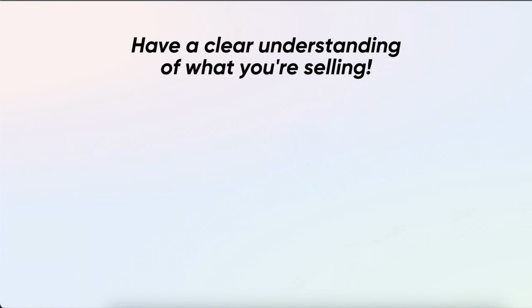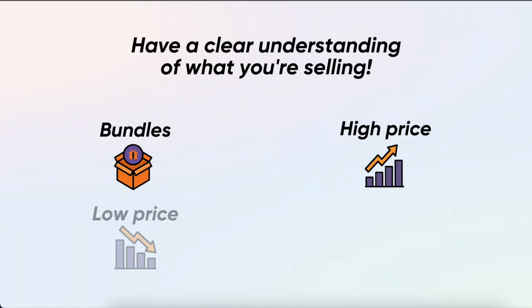A small note here. When you're optimizing products, it's really going to require you to have a specific strategy. You can always shut off just the ones that are not performing, but I would always suggest that you have a clear understanding of what you're selling. Are you selling bundles? Are you going to sell higher price products, lower price products, higher margin products? There's a lot of different ways that you can make decisions, but you really need to establish a baseline logic before you just start willy-nilly shutting off products, because these products are going to be the key backbone of your success